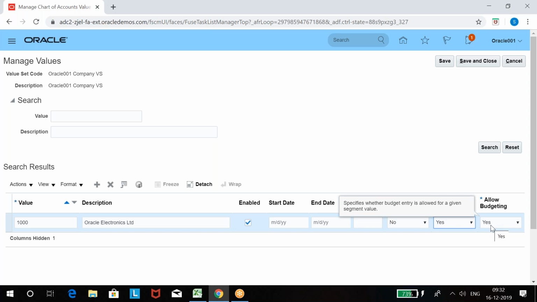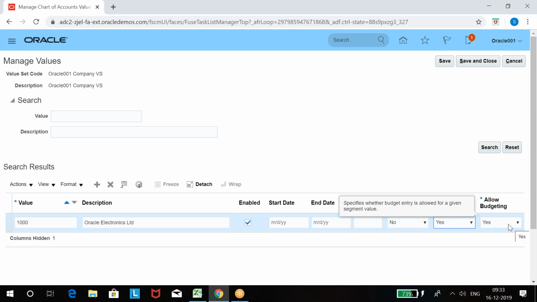What is the meaning of budget? Reservation of amount. Before you incur expense, you reserve in advance and you use it from the reserved amount, isn't it? Budget is nothing but an estimated reservation. We estimate what is going to be and we reserve that amount for use, isn't it? For this company, tomorrow if you want budget, then keep it as yes.